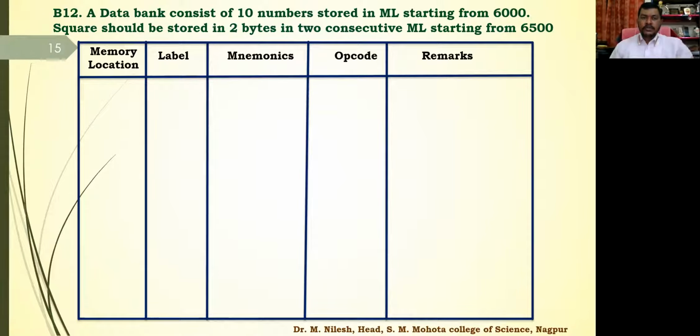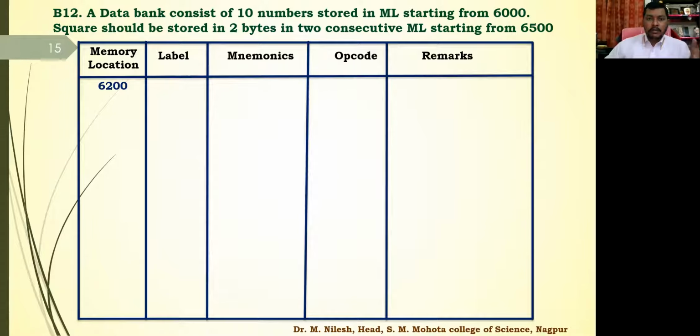Now since the data is stored in memory location 600, we have to use some other memory location. So we are using 6200 here. So the main program is now being written from memory location address 6200. Earlier we used to write it from 600, right? Now in this program, since the data is stored in 600, that's why we are starting at 6200. The subroutine is written from memory location address 6300, and the main program starts from 6200. The data is stored in 600, and the result is to be stored from 6500.